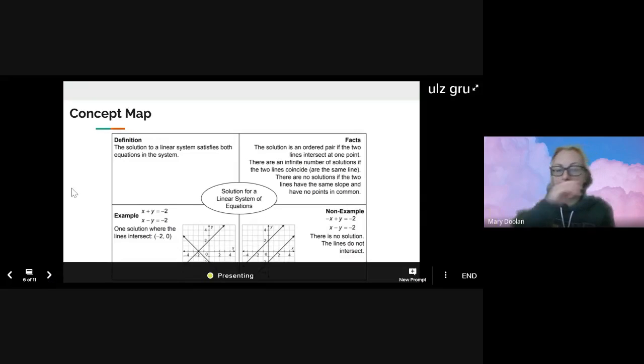This is a concept map to help you understand. In the middle, it says we have a solution for a linear system of equations. When we're talking about solutions, the definition is that the solution to a linear system satisfies,